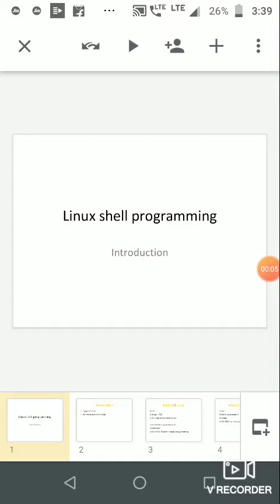Hello, welcome students. So again today we have come back to our lecture session, and today we'll discuss Linux shell programming,